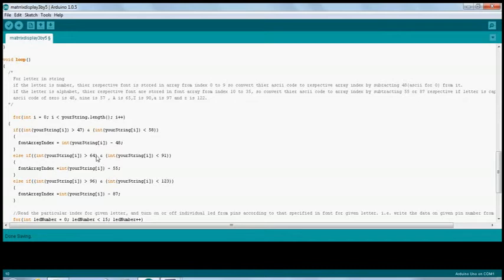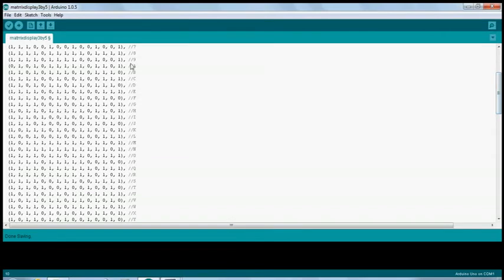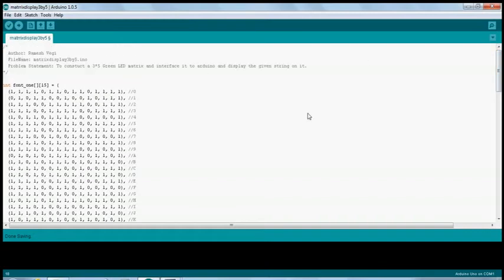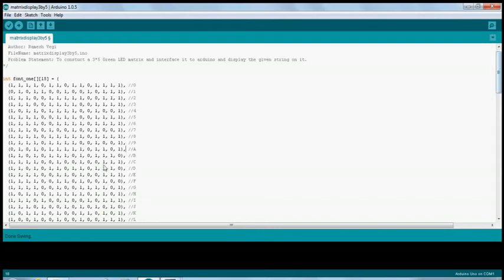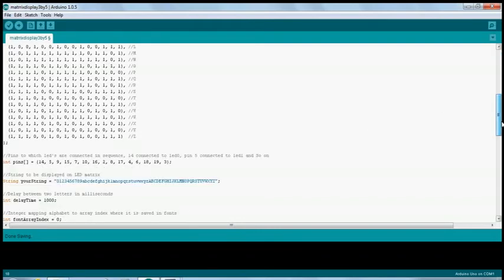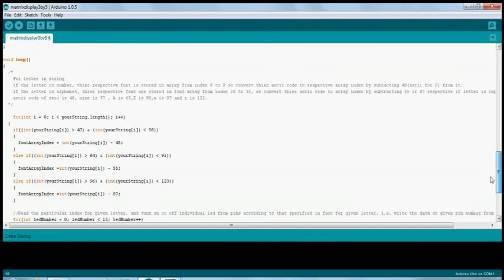Now if your string value is 65, then we have to subtract a value of 55, because here capital A is the 10th value which we have described in this font1 array, and similarly we will be writing for A to Z, and similarly for small a to small z we will be subtracting a value of 87 from your string i.